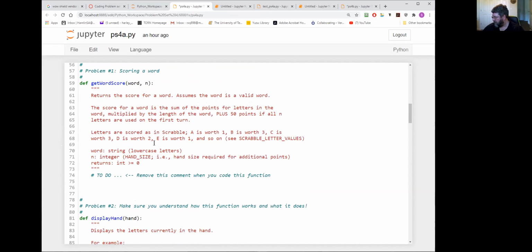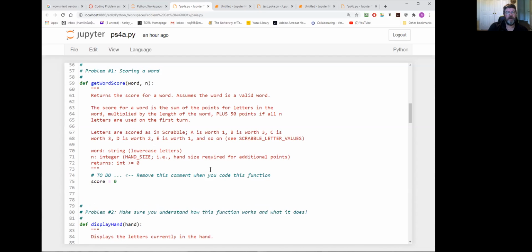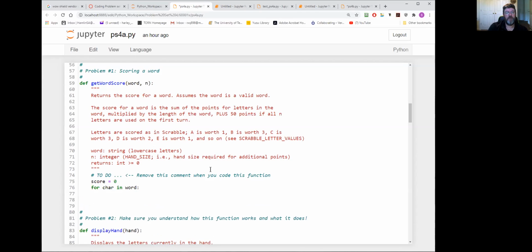Basically, I want to take each letter and word, and I want to search inside in the dictionary and return the value, and then sum the value. Okay. So, because we're going to return a score, I guess we'll start score equals 0. That sounds good. All right, and then for character in word, right, like that, I think, as far as I can remember. For character in word, well, sum